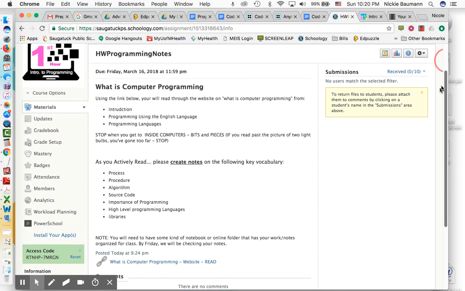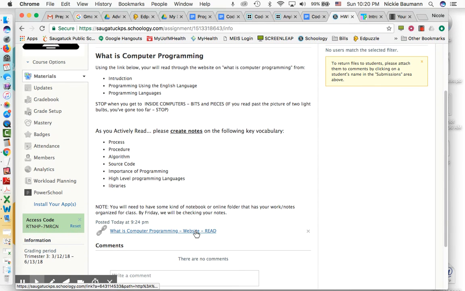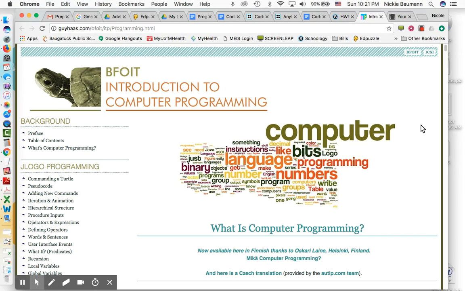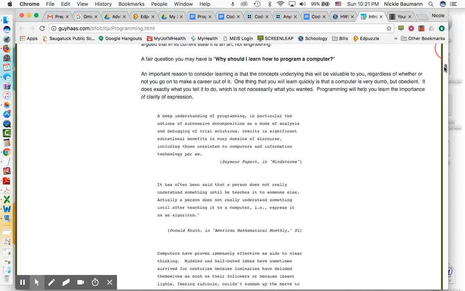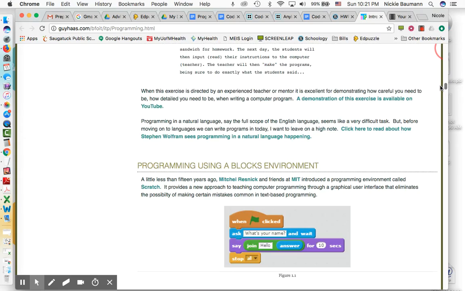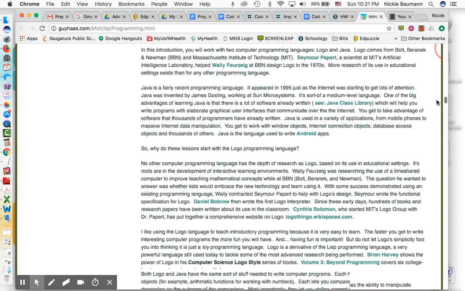But it's going to be some reading, so you'll have some reading. You're going to have "What is computer programming." It's a pretty big site. It's going to take you to a book, an online book. You're going to do some reading here. I know, it's quite a bit. You're going to read all the way through until you get to